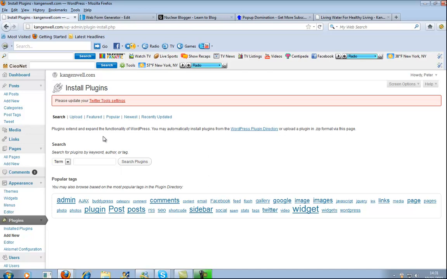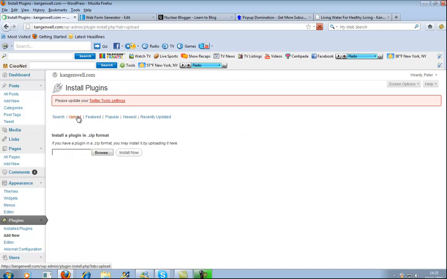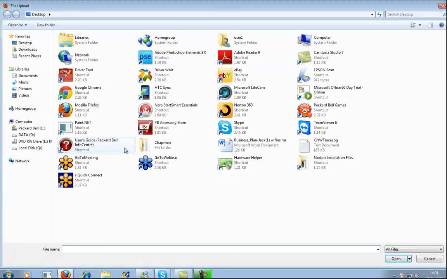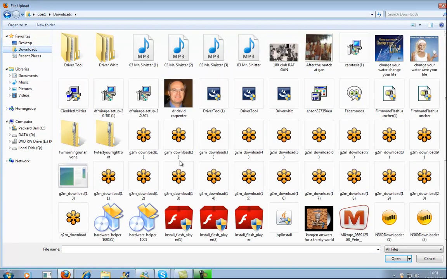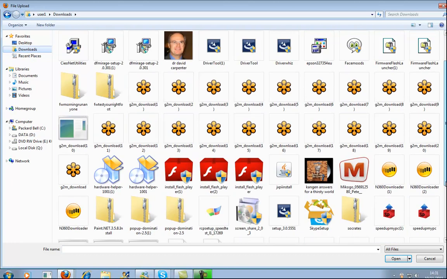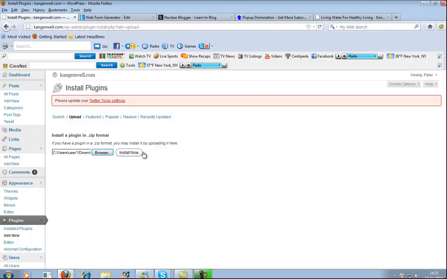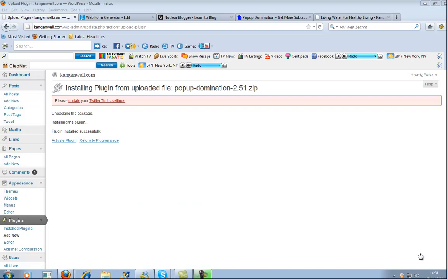and then we just need to upload a plugin. So just go to upload, and when you purchase this plugin from the link that we'll provide, they give you a zip file, so we just need to find that file and install that. Okay, then we just activate the plugin,